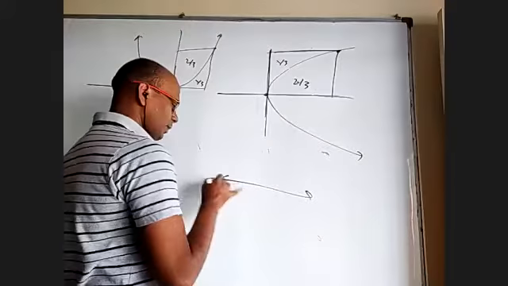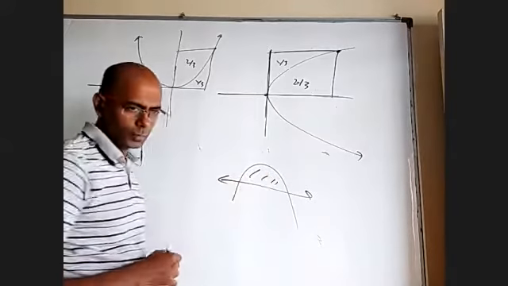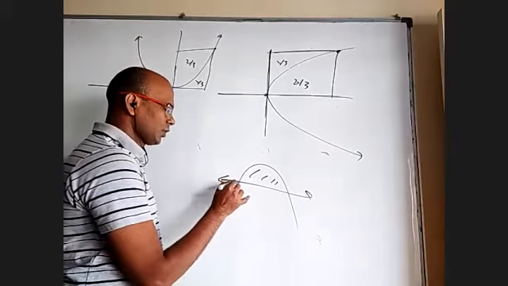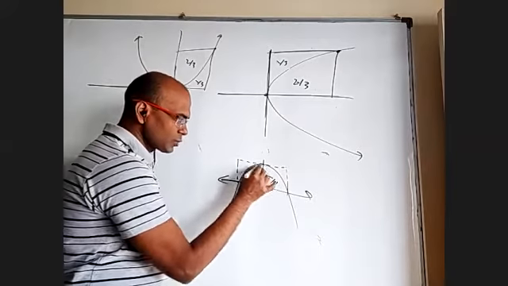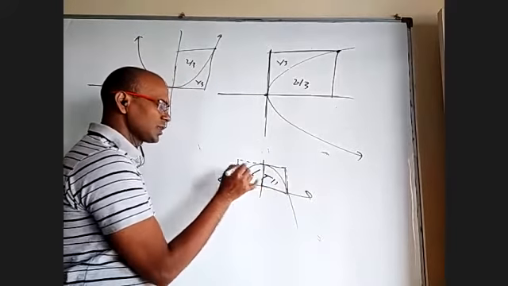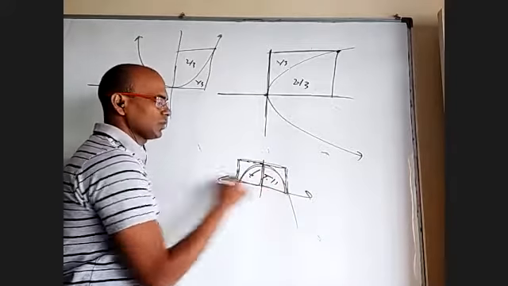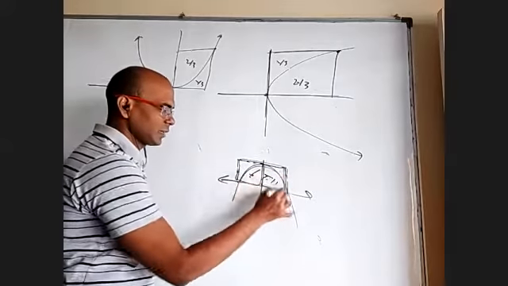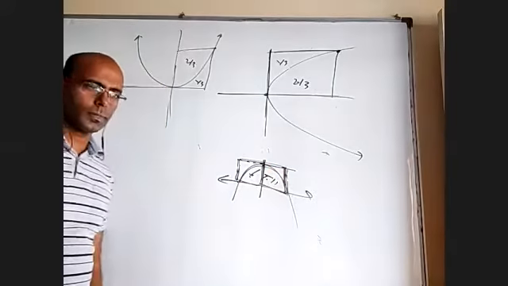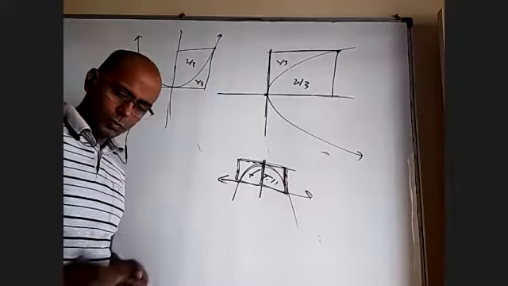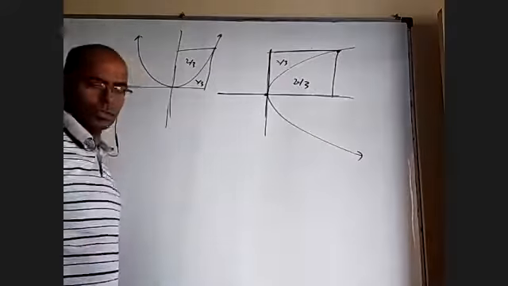If I have a parabola like this and I want this area, it will be 2/3 of this rectangle. Why? Actually, this area is 2/3 of this small rectangle, and this area is 2/3 of this small rectangle. So this plus this, the total area, is 2/3 of this rectangle. Because if you take this rectangle, you can see this is a tangent at vertex, this is the axis, and these are parallel to that. Based on this, we're going to see some more things, but let me tell something else also.